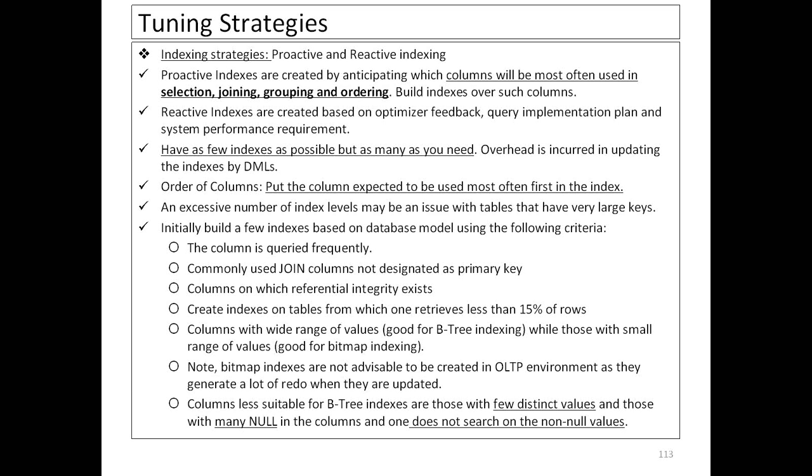Reactive indexes are created based on optimizer feedback after looking at the query execution plan and system performance for a particular query. Having as few indexes as possible is a good way to start, but only use as many as you need, because the indexes come with an inherent overhead during updation and insertion of new records by the DML statements. So order of columns,